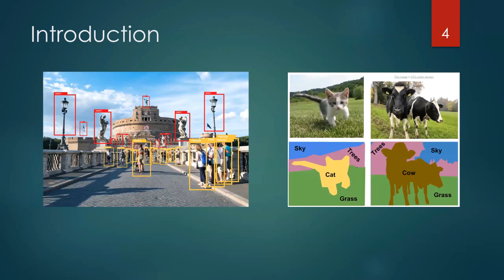So here we have an example. On the left, we have the detection of humans and objects, with bounding boxes, which could be used, for instance, to count the number of people on the bridge and so on. And on the right, we have another vision algorithm that does the semantic segmentation of an image, which can be used, for instance, to know what percentage of the image is grass, or something like that. So those are completely different approaches with completely different algorithms that also use visual data.